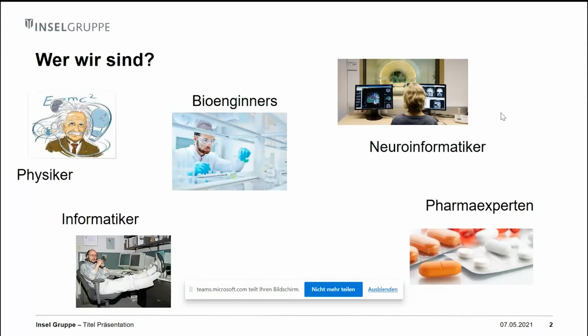The team I'm leading contains 7 employees for now. We will be growing. I have some people who studied physics. I have employees who studied bioengineering. Benjamin, who will be talking later on, is studying